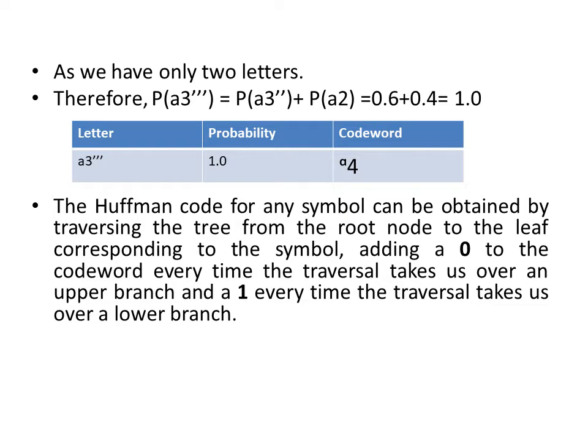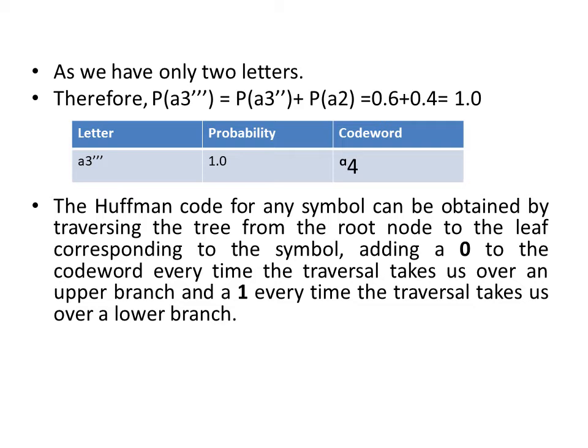Okay, from this you can ascertain that the probabilities you added earlier are equal. Then after this, now is the time to generate the Huffman code tree. Now when you are drawing the Huffman code tree, you will have a root node, and from the root node you will traverse to the leaf node, and all these leaf nodes will correspond to the symbols. Now the tree will obviously have branches, and these branches will be assigned the weight 0 and 1